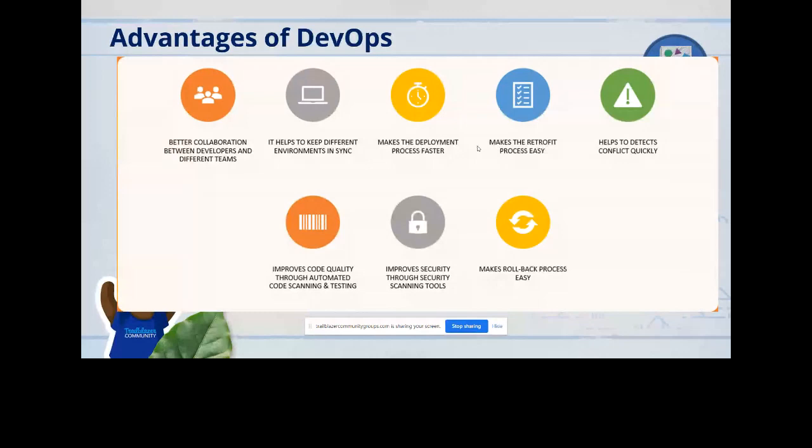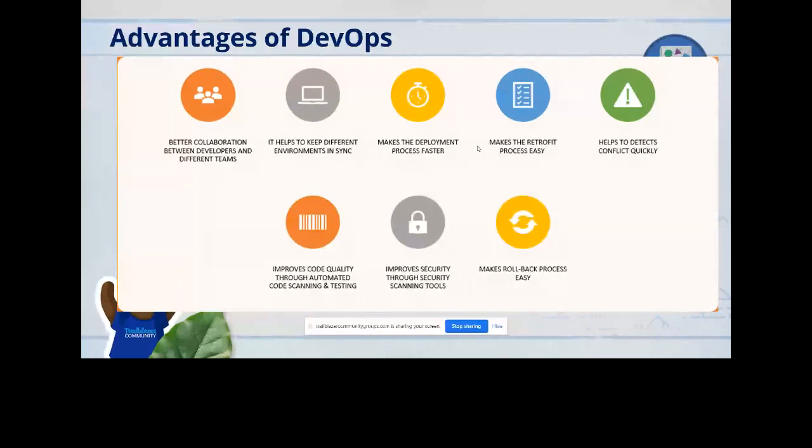Also, when you have a process in place, when you are deploying something to a particular repository, you can have an automated script which is going to deploy your changes to other environments or sandboxes. So it also helps to keep different environments in sync. And the deployment process is faster with an automated process.